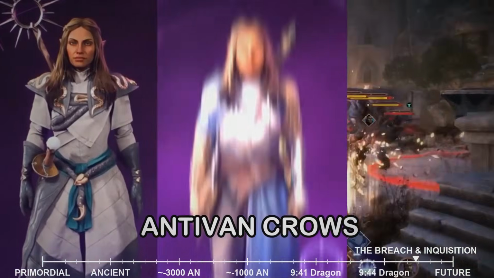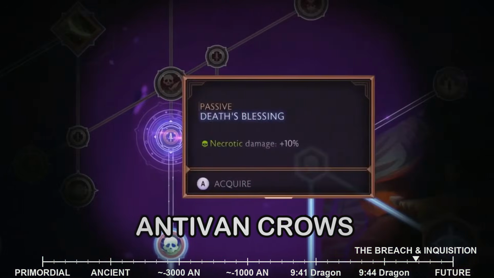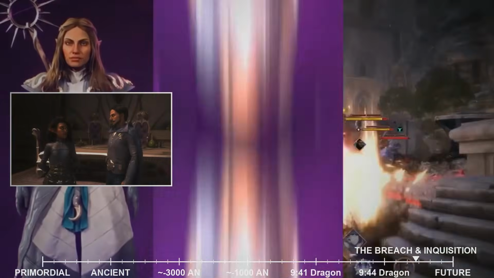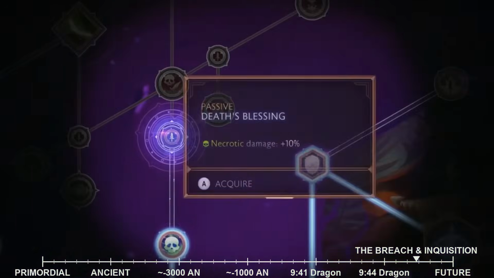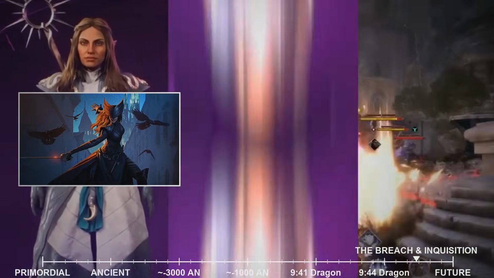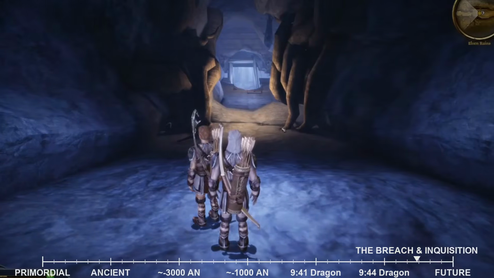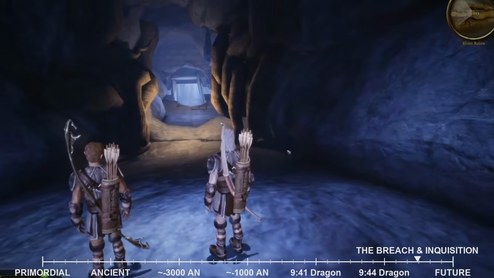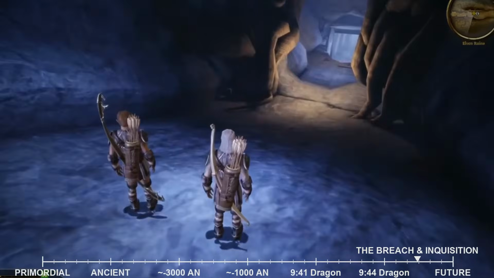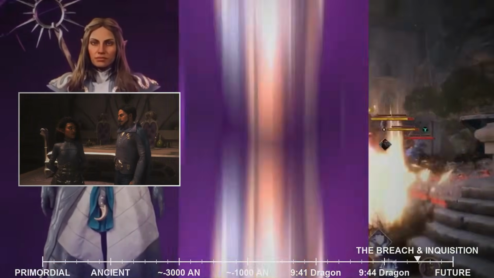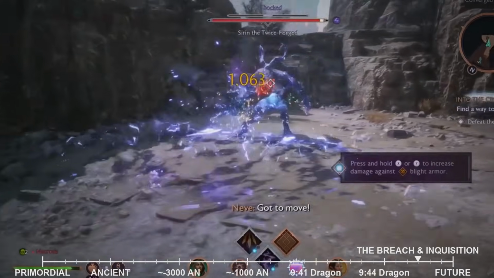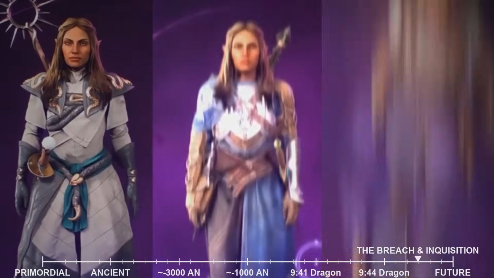Concurrently, another tale, Eight Little Talons, drew attention to the ever-present threat of the Antivan Crows, a notorious guild of assassins and thieves. A particularly audacious group of Crows, renowned for their daring and ruthlessness, embarked on a perilous mission to infiltrate the heavily guarded estate of a powerful Tevinter magister. Their target was an artifact of immense power, rumored to possess capabilities beyond conventional understanding.